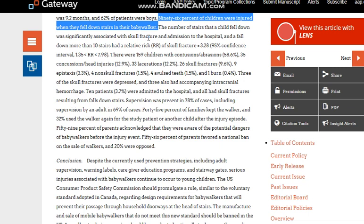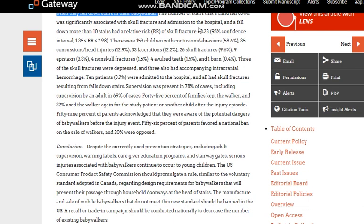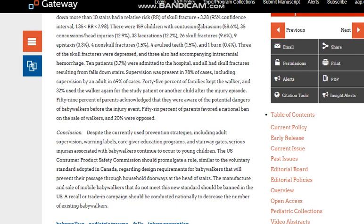The number of stairs that a child fell down was significantly associated with skull fracture and admission to the hospital, and a fall down more than 10 stairs had a relative risk of skull fracture. Okay. So it means it is a serious problem. I'm not a physician, as I said, but it sounds not optimistic. There were 159 children with contusions and abrasions, 58%. Ooh. 35 concussions, head injuries,